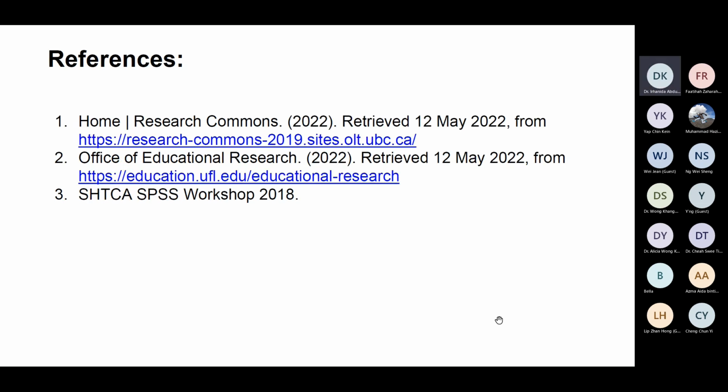Basically, all these inferential statistics that I shared with you today are the very basic ones. If you really want to run analysis, these are the types of analysis that you must know how to run and must be able to interpret. It is a very basic one. If you can master this, you can move on to the next level, where the analysis is much more complicated and maybe more useful for your research.